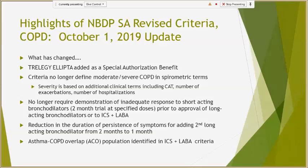You no longer have to demonstrate inadequate response to short-acting bronchodilators. It used to be a 2-month trial of short-acting bronchodilators at certain doses before you could consider getting approval of the long-acting bronchodilators. So that is a great change. There's a reduction in the duration of persistence of symptoms when you're adding a second long-acting bronchodilator. You used to have a 2-month period of persistent symptoms, and now that is reduced to 1 month,